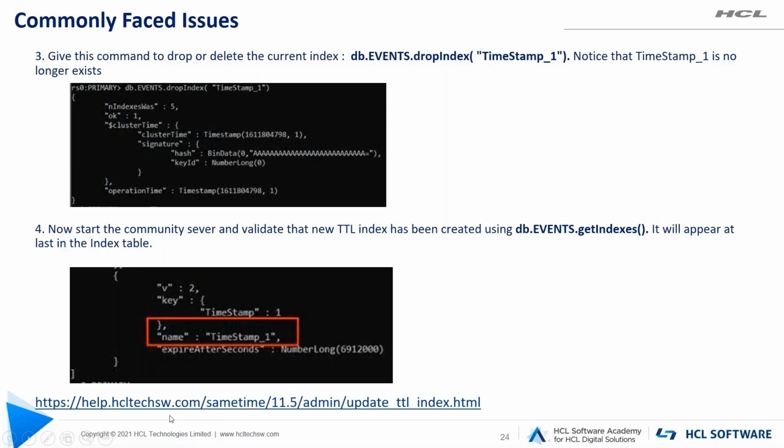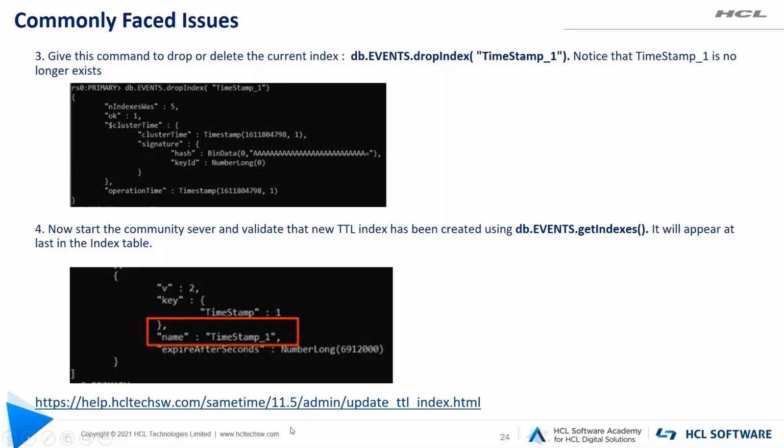Remember one thing to note. I recently had a case from one of the customers who wanted to clear the MongoDB chat history, and they were thinking that could be done using CL_MONGO_HISTORY_TTL equal to 0. They thought that if we set it to 0, that should clear the history. But remember, it doesn't do that. Instead, it does exactly the opposite. If you set the parameter to 0, it will save the persistent chat history for unlimited time. So it is not going to serve your purpose. Hence it is very important to be very careful while playing with this particular parameter.